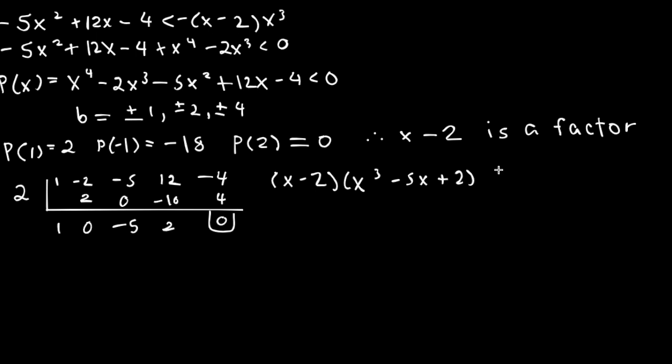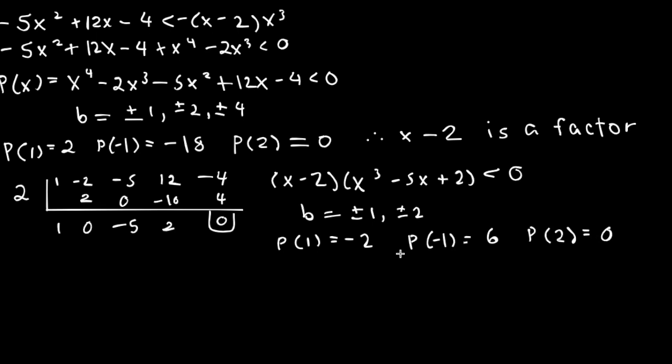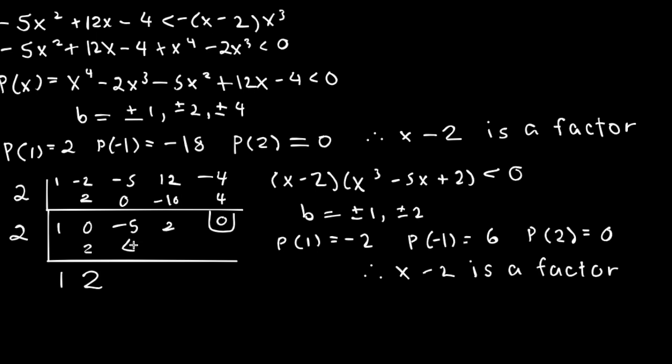Once again, we can use the integral zero theorem, and we can find that p of 1 is equal to negative 2, p of negative 1 is 6, and p of 2 is 0. So therefore, x minus 2 is once again a factor of our polynomial. Then we're going to use some synthetic division once again. And we can finally rewrite our polynomial as x minus 2 squared multiplied by x squared plus 2x minus 1